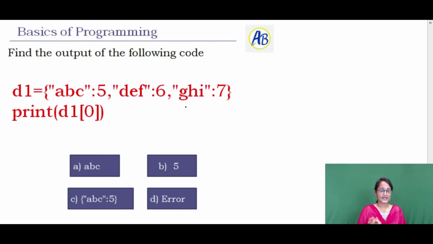Now I want to access the item in my dictionary by using the index number. One thing you can notice, as we already discussed, in the dictionary we cannot access the element by using the index value. We can access the dictionary element by using the key. For example, you can print D of ABC. By using the key you can access the element in the dictionary. So we cannot use the index to iterate the element in the dictionary. In the output it shows an error here.